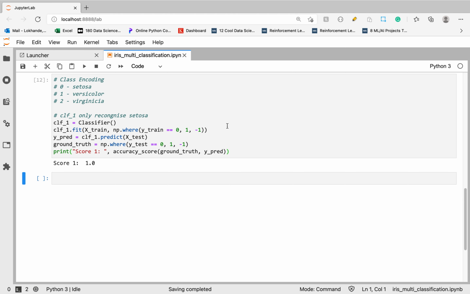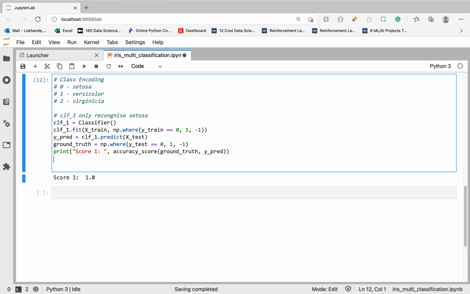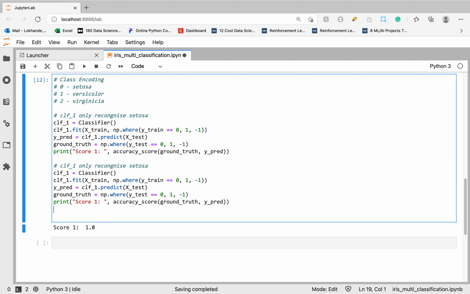Okay, now let's build a second classifier. Now I just copy this thing. So basically clf2 only recognizes versicolor. Let's modify the variable.